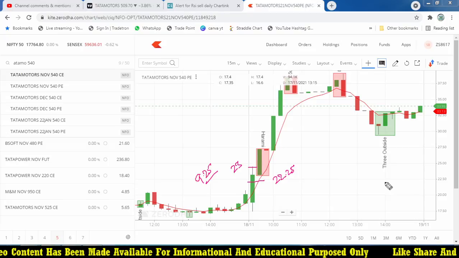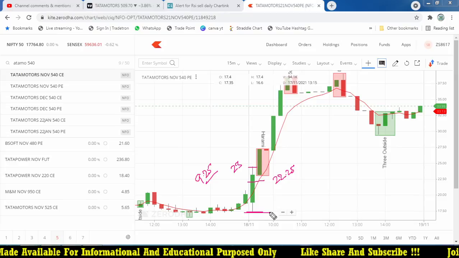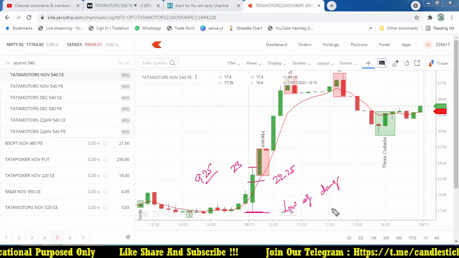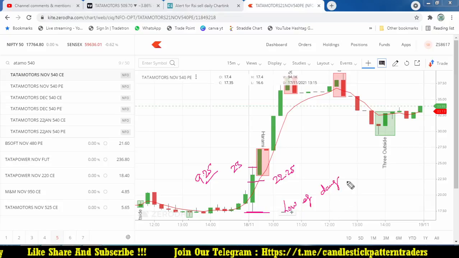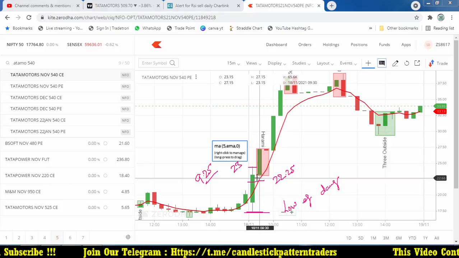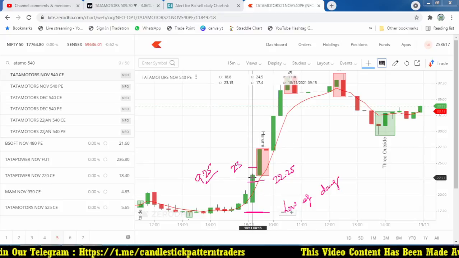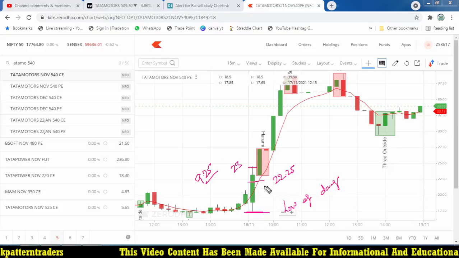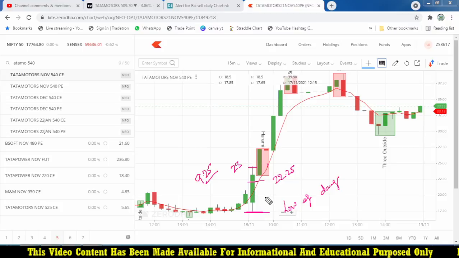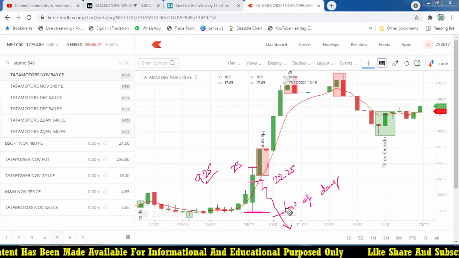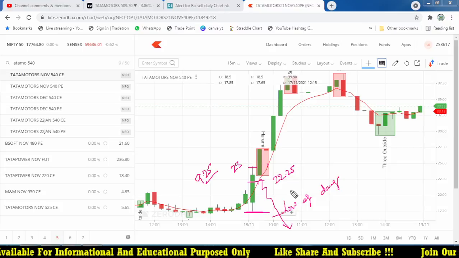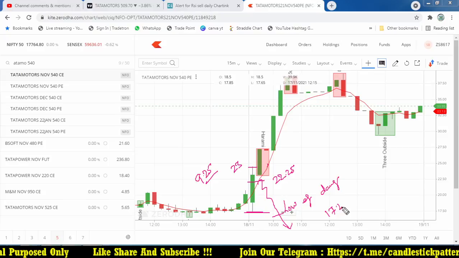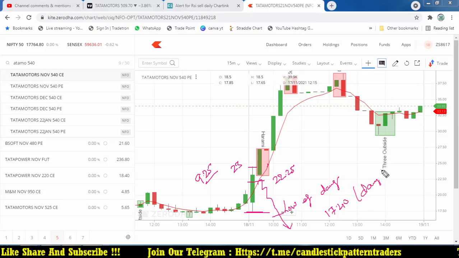So where can I make the stop loss? You can make the stop loss at the lowest level of the day. For the particular strike price option you have selected, that may be your stop loss. So when the option comes down to 17.4, you should exit. What is the meaning of that? If you are expecting a bearish market, the option should keep on increasing, but instead of increasing, if it has started decreasing, it means the market has reversed. That means Tata Motors can increase. That's why the premium may decrease. So once it breaks below 17.4, which is the day low, you can keep the stop loss.